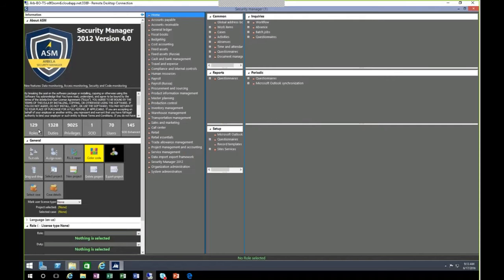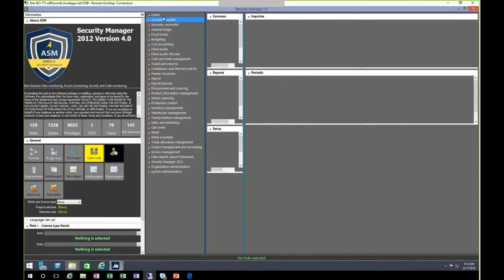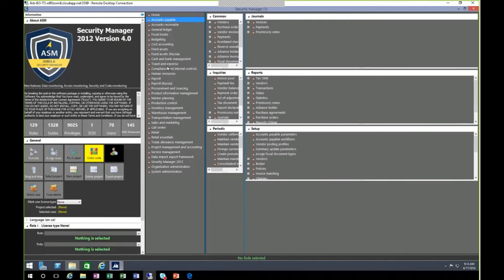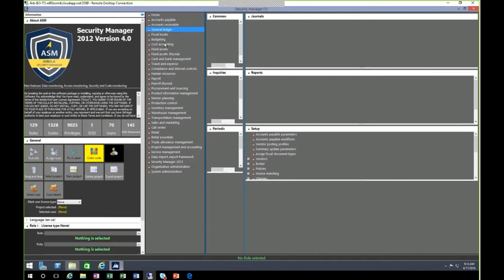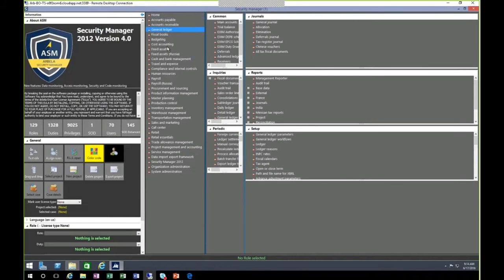Right, so in our first section, we have an area that gives you at-a-glance statistics of how many roles, duties, and privileges you have, how many of our enhanced segregation of duties rules, as well as the previous standard segregation of duty rules that you may have had prior to implementing ASM, and how many active users you currently have in the system, right? On the three panes towards the right, you have your very familiar menus, everywhere from home to fixed assets, general ledger, et cetera, et cetera. But you also have various levels of access that are visualized.